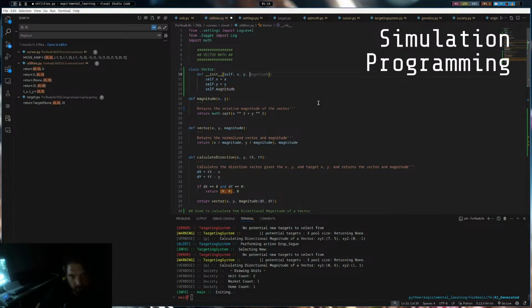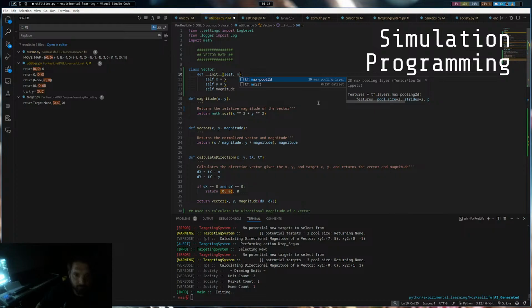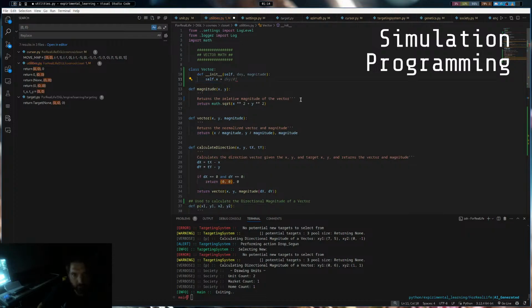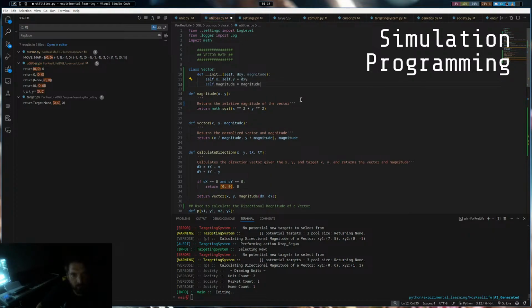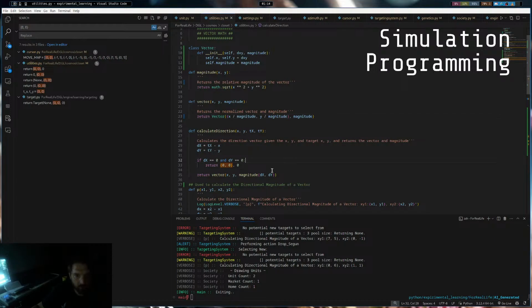We just want to say, look at that, dxy magnitude, and then how do you think this works? Look at that, and then we just wrap this right here. And then here we say